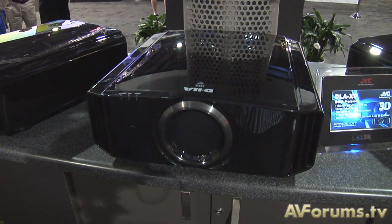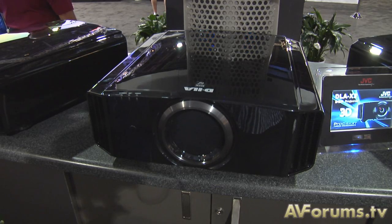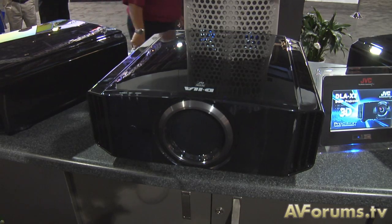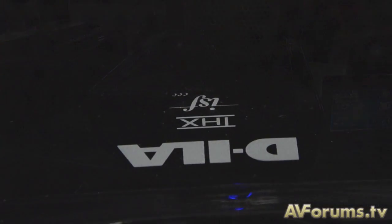Now, Dan, last year the highest contrast ratio was 80,000 to 1 in the HD 990, is that correct? 70,000. 70,000, yes. So quite a significant jump up in terms of contrast. Yeah, we've been significantly able to boost both brightness and contrast this year. We've made some refinements to the entire optical engine to be able to hit these peak numbers. And we wanted to boost the brightness, especially now. All 3 models are 3D capable, and in the US here we'll start at an opening price point of $4,500